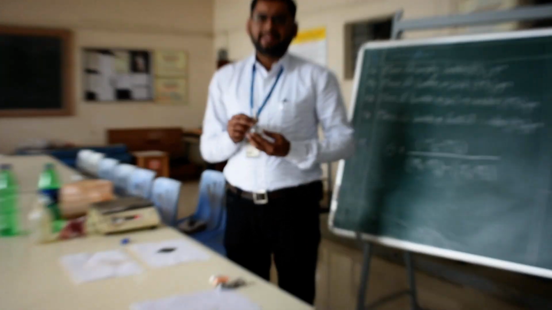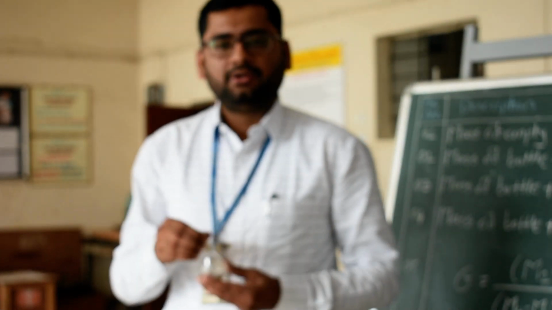The capacity of density bottle may vary from 25 ml, 50 ml, it may be of 100 ml. So this bottle consists of one cap, you can see, and this is the glass bottle. So we will directly go with the observations. The same observations that we have to follow for the pycnometer, as it is in the pycnometer, we follow for the density bottle.